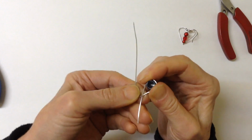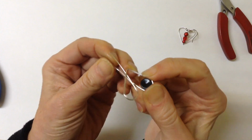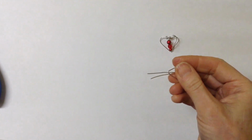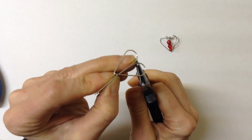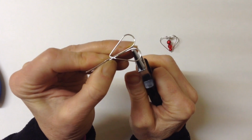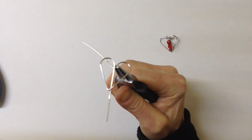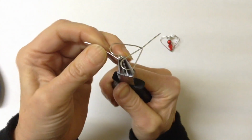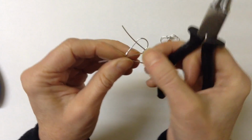So you just want to bend one end down and then the other end down like that, and make sure they're about the same size. And then what we're going to do is I actually have a little larger pair of round pliers, and what you want to do is hold the wire about there, okay, and you're just going to bend it around. You want to make a full turn around there, and then in the same position you're going to do